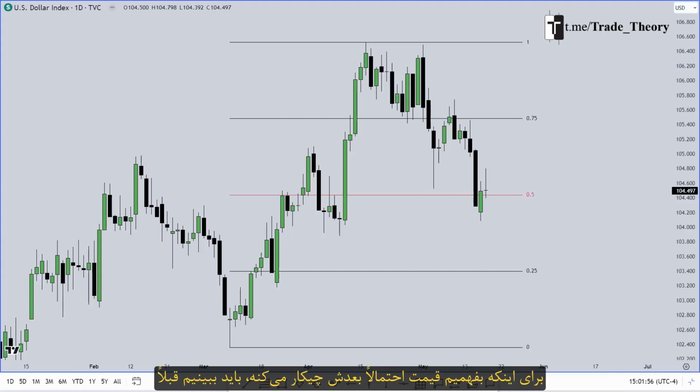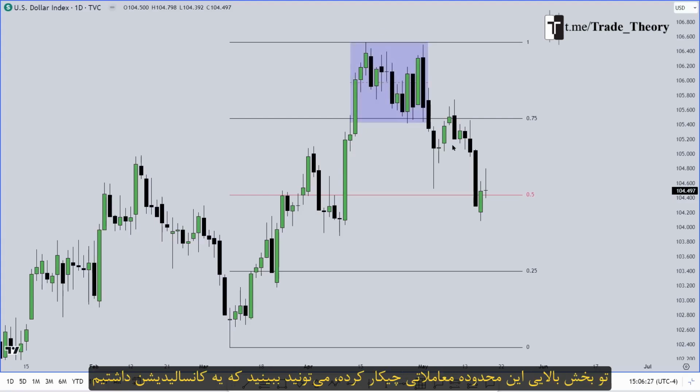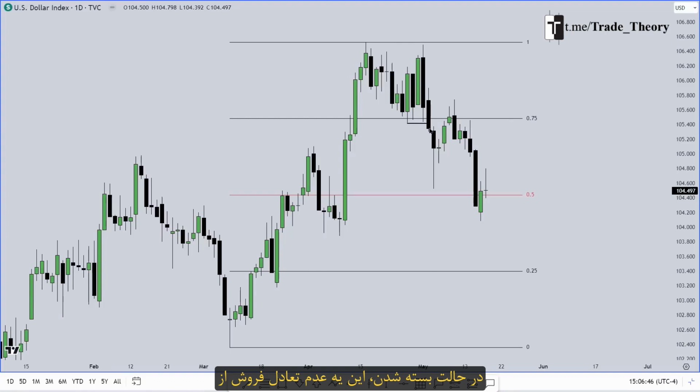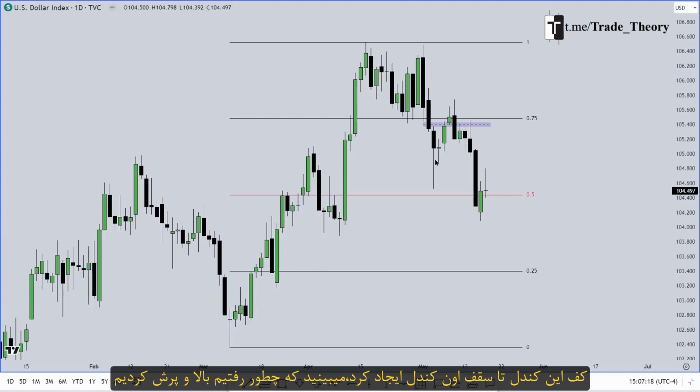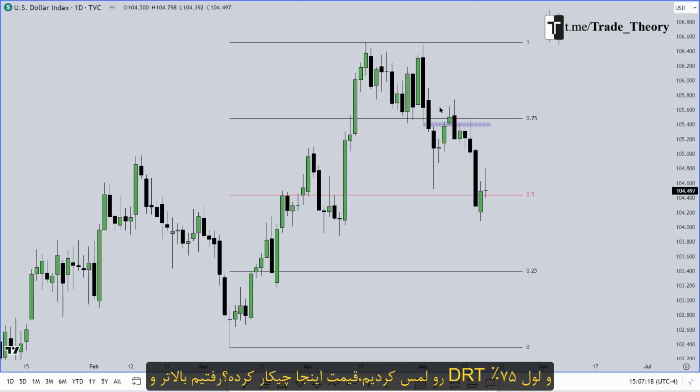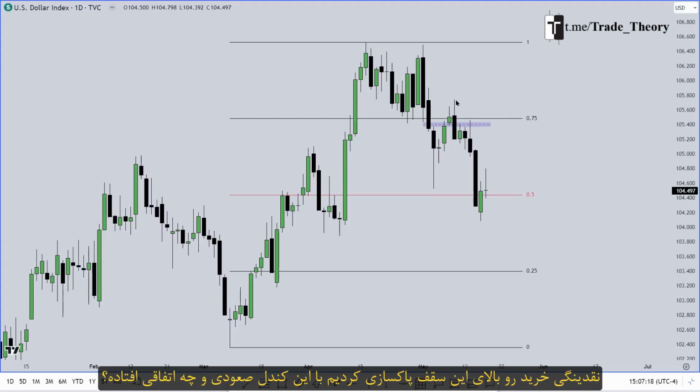In order to effectively determine what price is likely to do next, we have to see what price has previously done. Inside the upper quadrant of this entire dealing range, you can see where we have had this consolidation. This was the lowest low inside of that consolidation. And you can see how we ran through this low on a closing basis. This left this sell side imbalance from this candle's low to this candle's high. You can see how we've run up to rebalance and we've touched the 75 DRT level. What did price do here? We ran higher, sweeping the buy side liquidity above this high and into this up close candle. And then what happens?